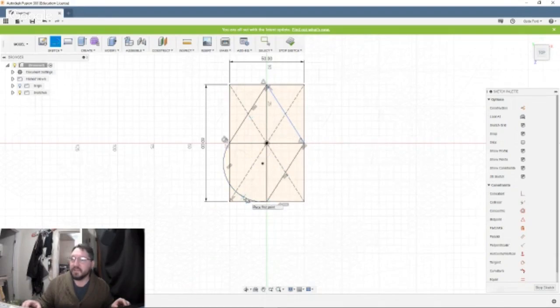I don't know how I did that. Isn't that cool? I'll have to figure out how I did that some other time. I did not intend to do that, but I now know. Look at that. Oh, that is cool. A tool that I did not know I could do.